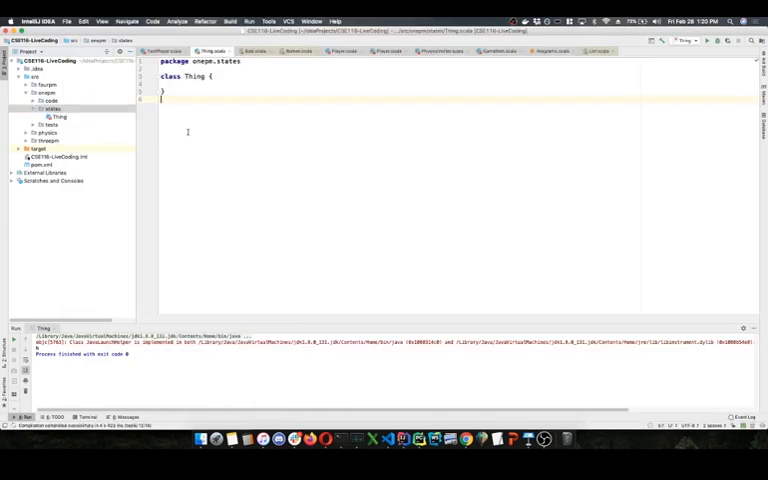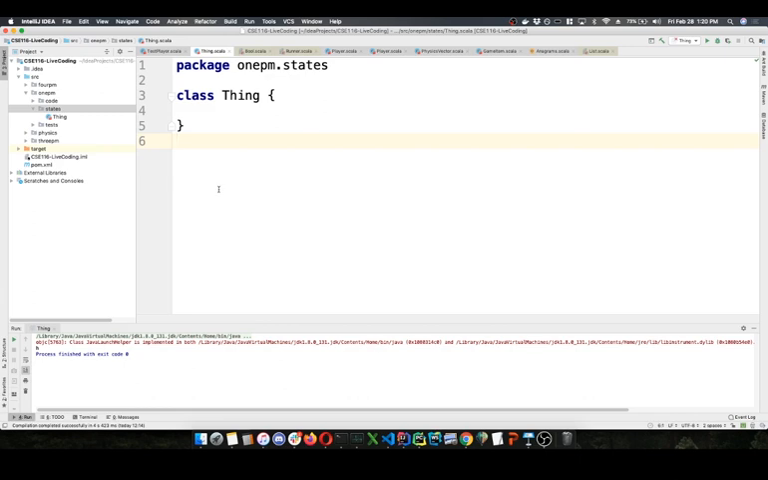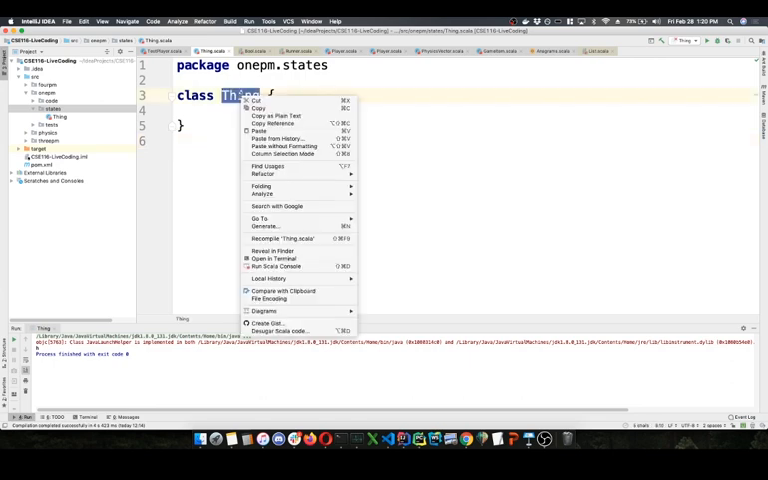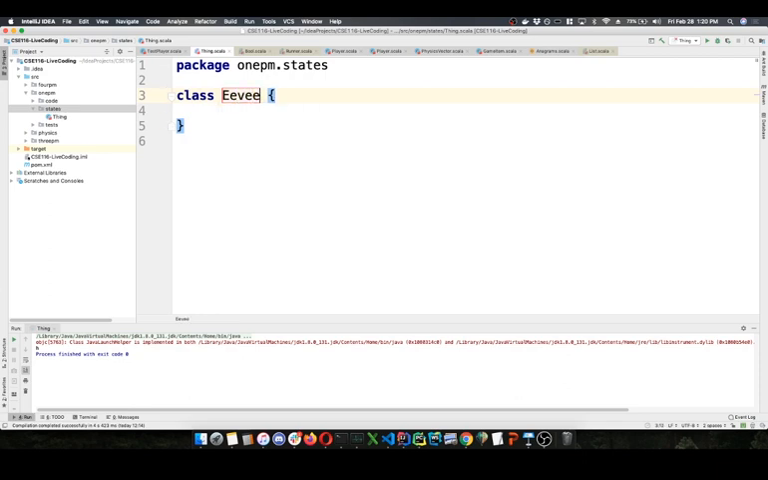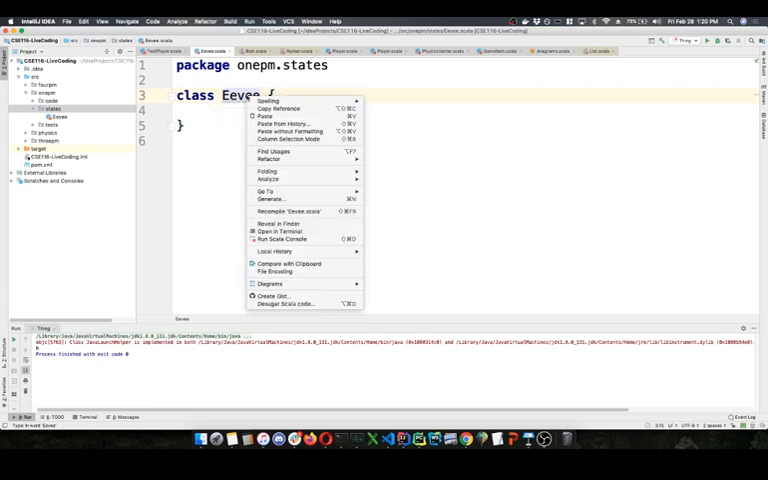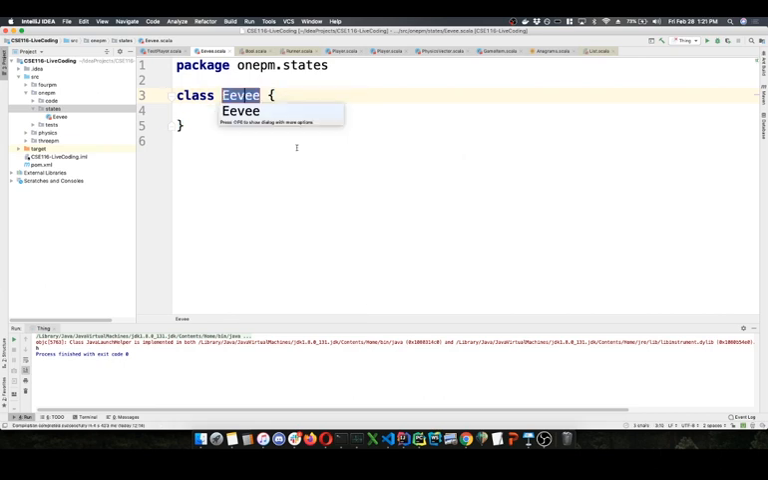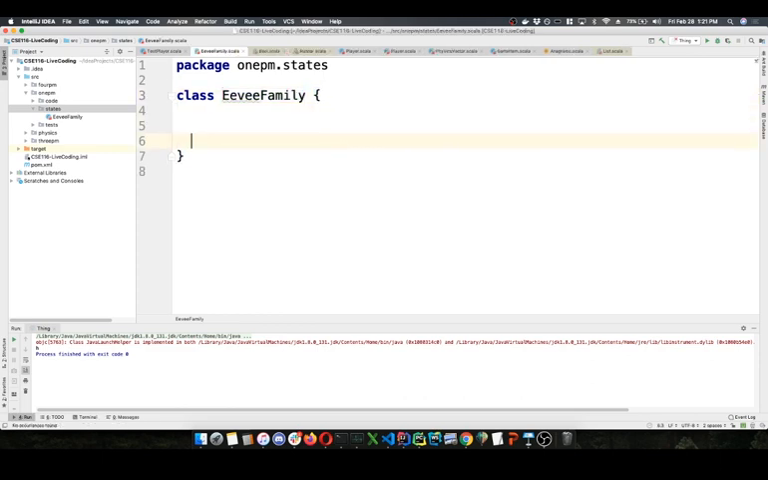If we get all this functionality, then we'll go back to the drawing board and try to add some more features to this thing. All right, so let's rename this literal thing, refactor Eevee. That is spelled right? E-E-V-E? Okay. Eevee family. So the Eevee can be in some state,